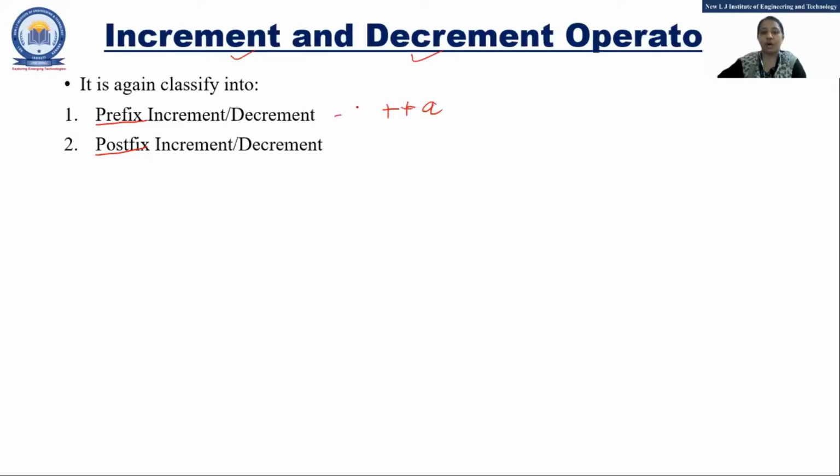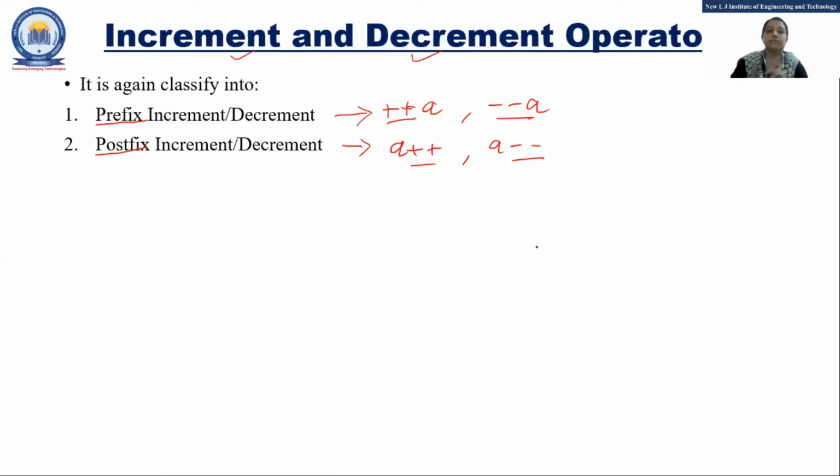This is called prefix, either increment or decrement. Postfix means first the operand and then the increment operator, or the decrement. So this is called prefix, and this is called postfix.